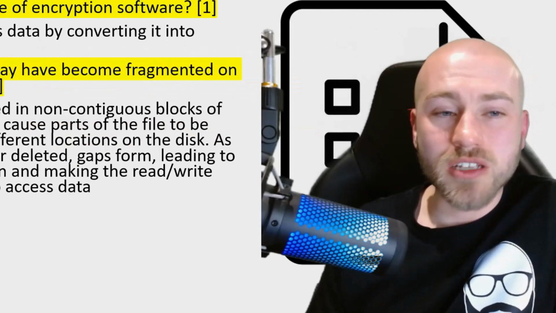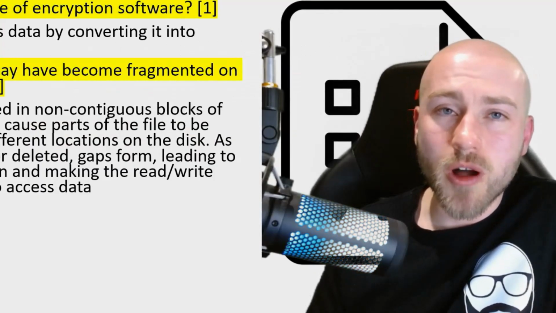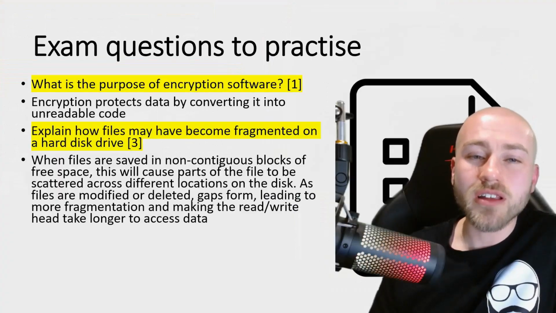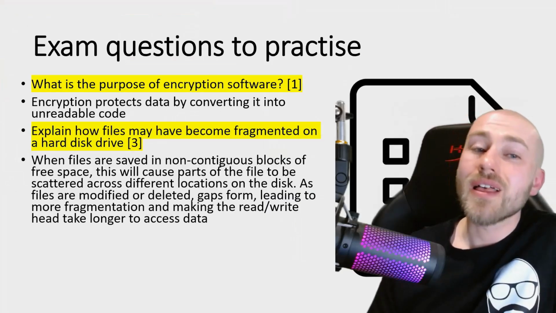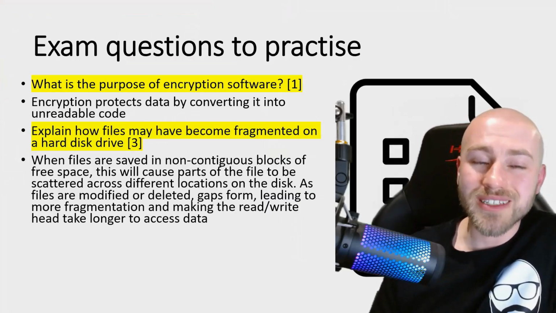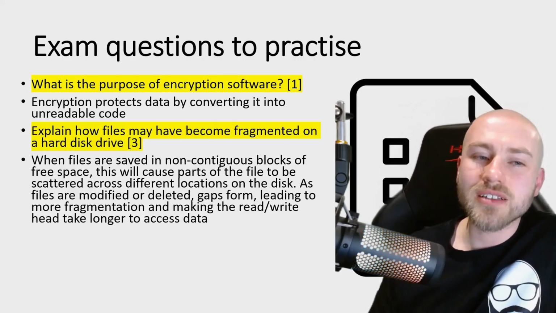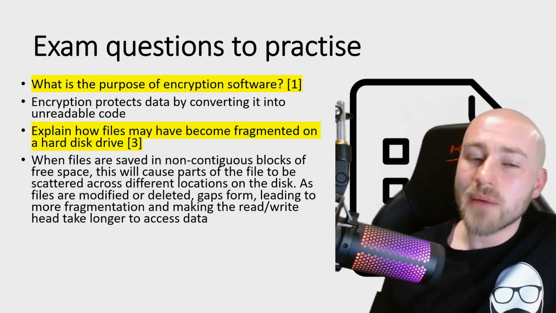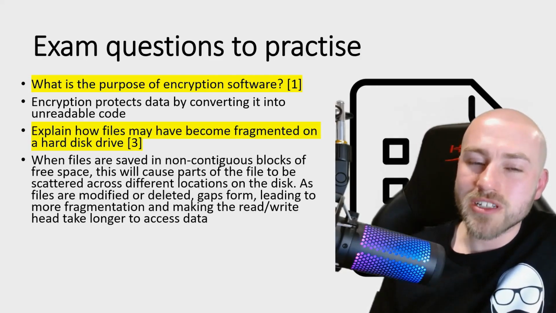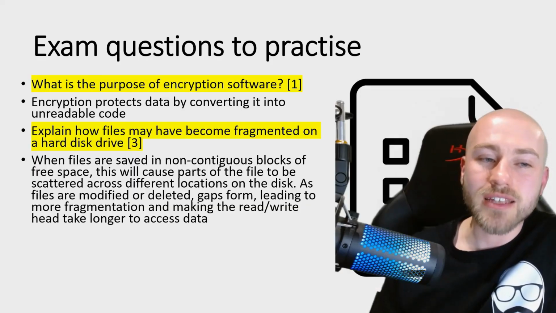So it was a 3-marker, so we've gone into a little bit of extra detail on this one. So when files are saved in non-continuous blocks of free space, this will cause parts of the file to be scattered across different locations on the disk. As files are modified or deleted, gaps will form, leading to more fragmentation and making the read-write head take longer